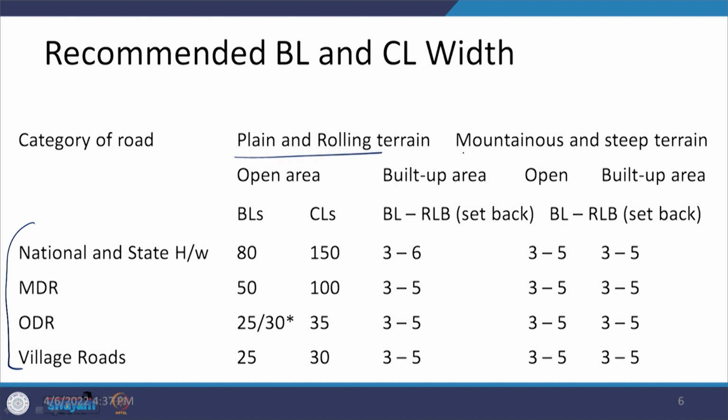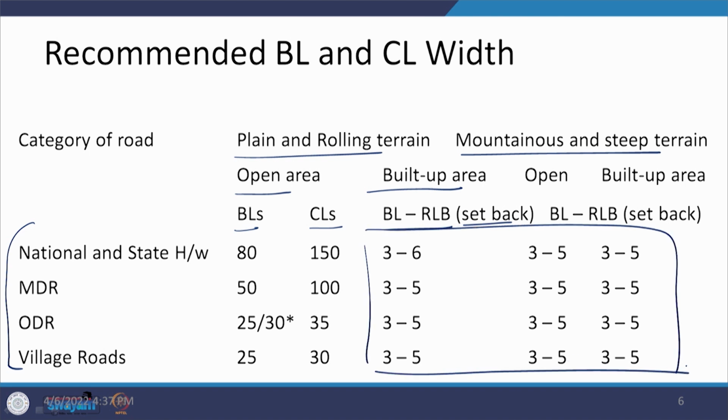Again, we have two distinctions: plain and rolling terrain, and mountainous and steep terrain. We have open area and built up area, and then we have the distances being defined in terms of the building lines and the control lines, or in terms of the distance between the building line and the road land boundary, which as I said is a setback. What you can see is that, leaving this value, these setbacks which are being defined for even the mountainous and steep terrain for both open and built up area, they are 3 to 5 meters. So, we are maintaining this 3 to 5 meters on either side of the road land